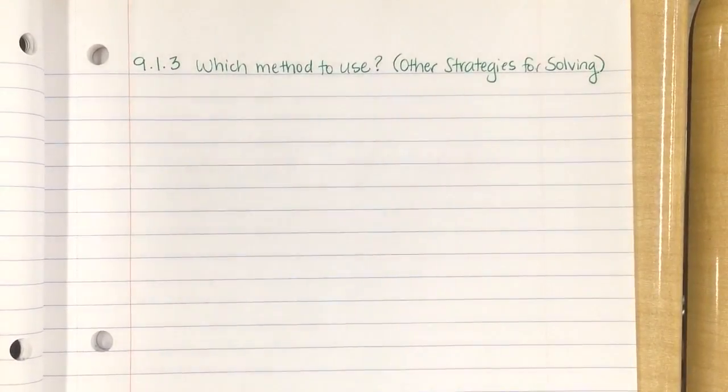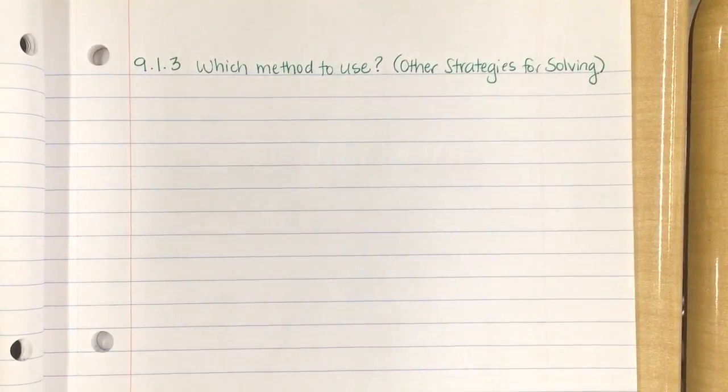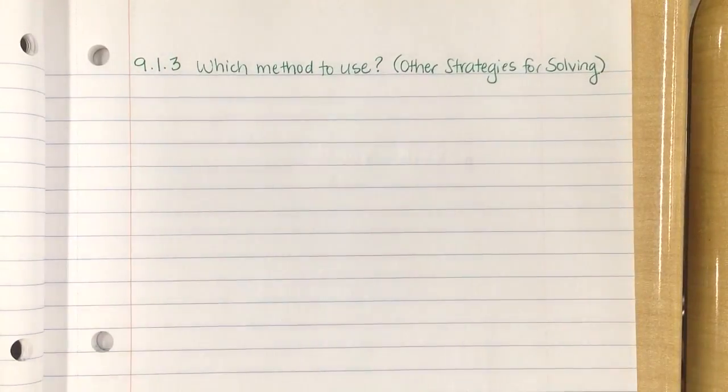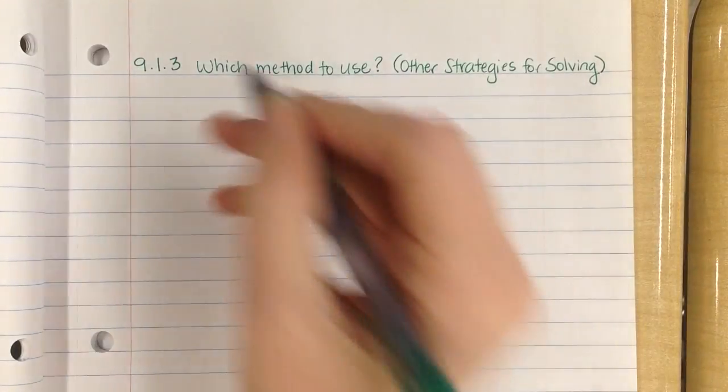Alrighty, today we're going to be looking at 9-13, deciding which method we should use in order to solve, simplify, and find the roots of a quadratic equation. We have three methods to choose from. We have the vertex form